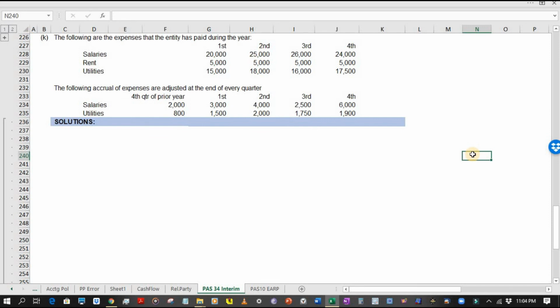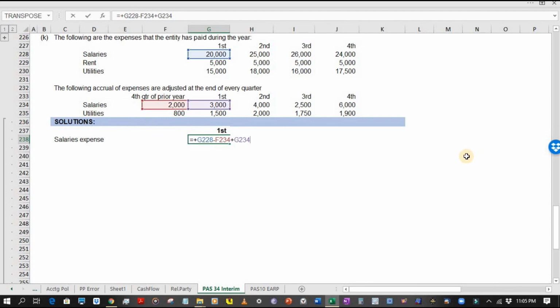At the end of every quarter, which is our interim period, we need to prepare an adjusting entry and accrue expenses that are not yet paid. So let us start with the first quarter. For the first quarter, the salaries expense would be 21,000 pesos. This is computed as 3,000, which is the ending balance of the accrued salaries at the end of the first quarter, plus the payment for salaries of 20,000 pesos, less the beginning balance of salaries payable of 2,000 pesos,